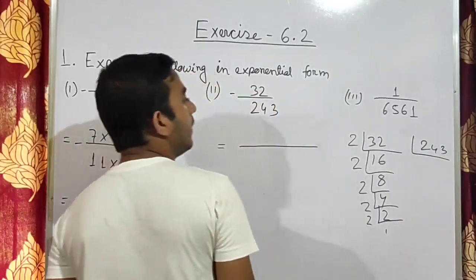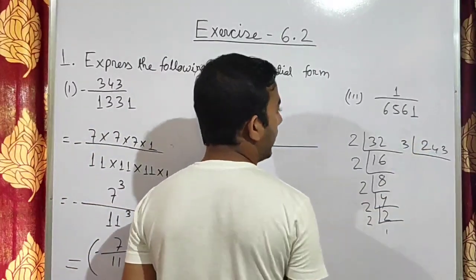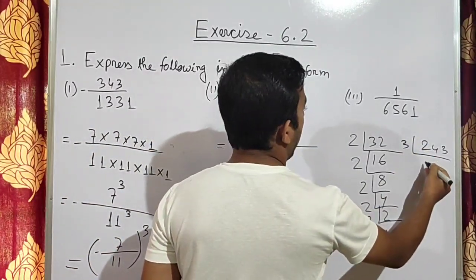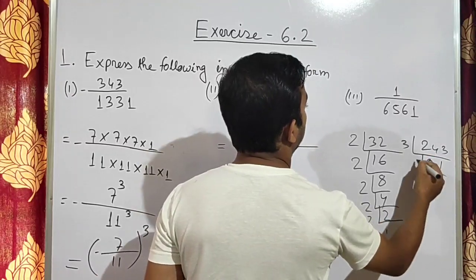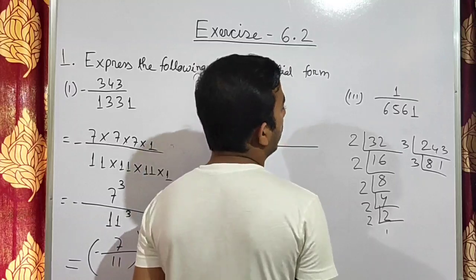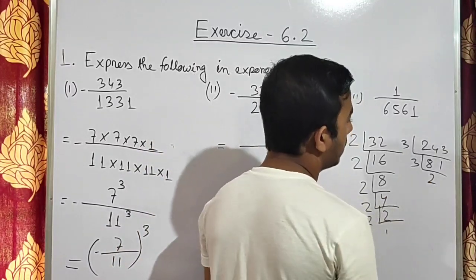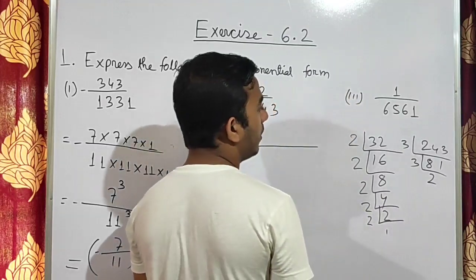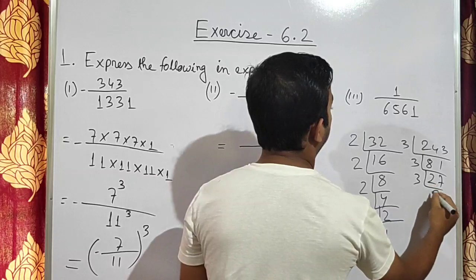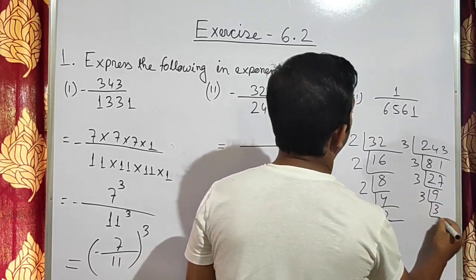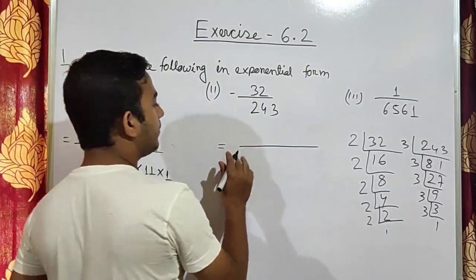243. Now this is divisible by which number? 3. 3 into 8 is 24. Then 1. Then 3. 3 into 6. 3 into 2 is 6. Then 2, 1. 3 into 7 is 21. Then 3, 9. 3, 3. 3, 1. Clear? So now we'll write